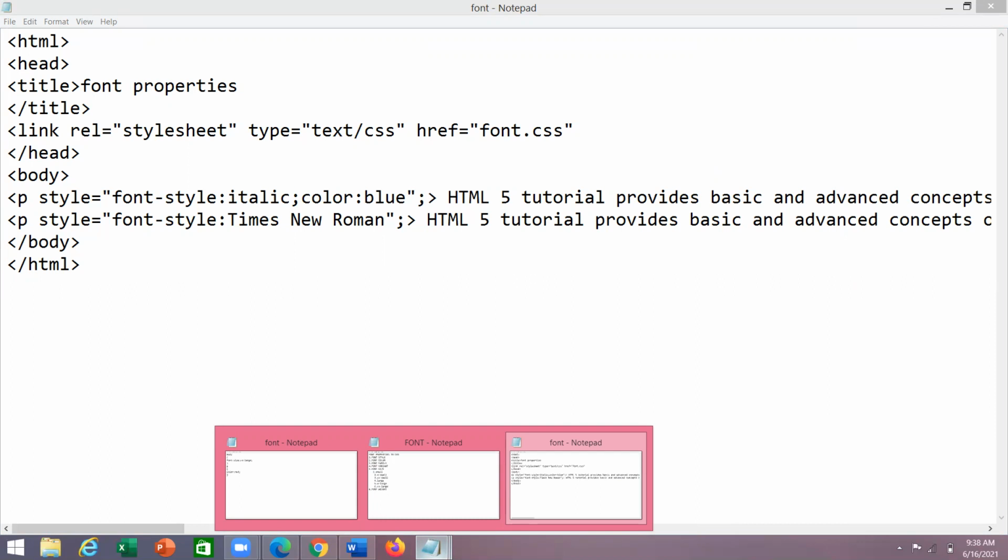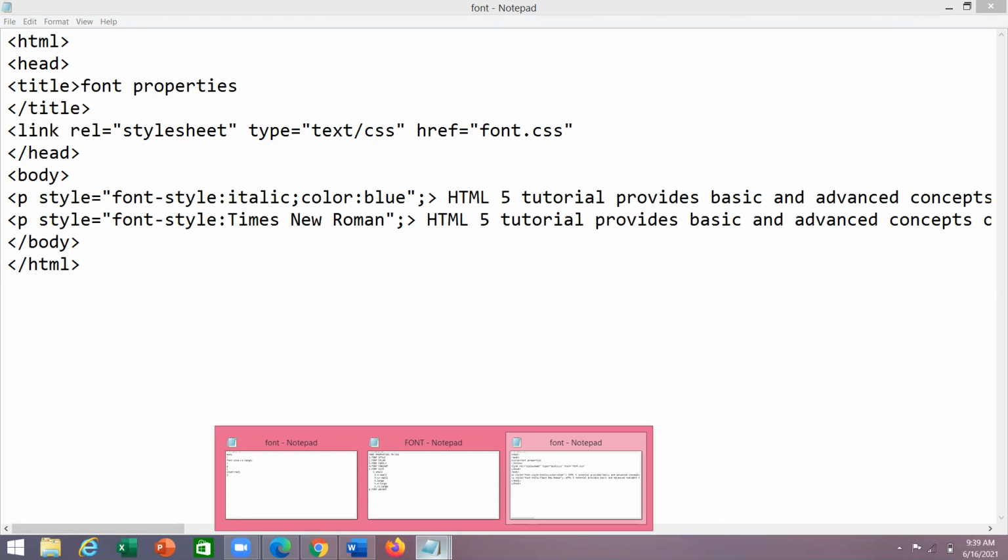First it will check whether inline styles are there or not. If inline styles are there, they are applied first, and then it goes for the external. If inline styles are in a particular paragraph or particular tag, they will be applied first, and then it goes for the external.